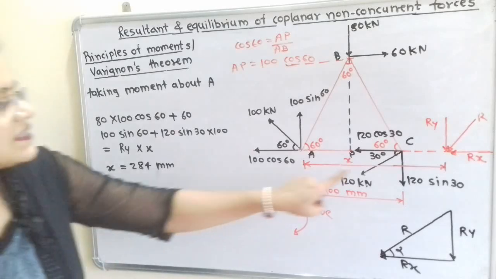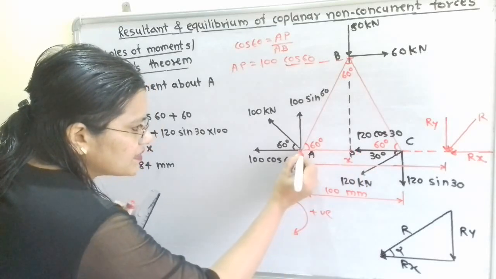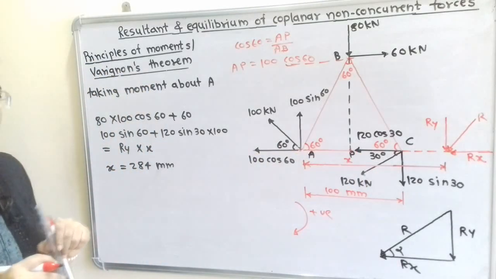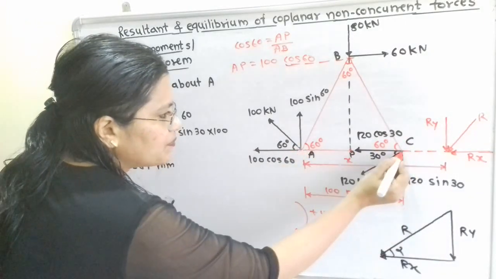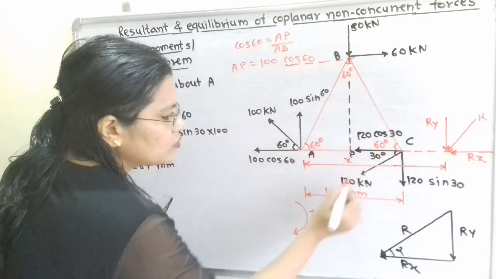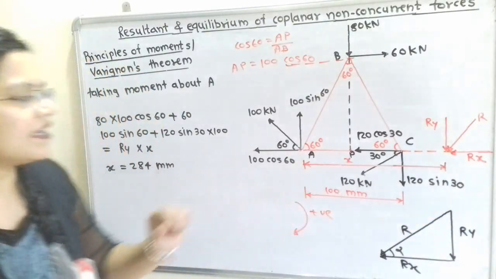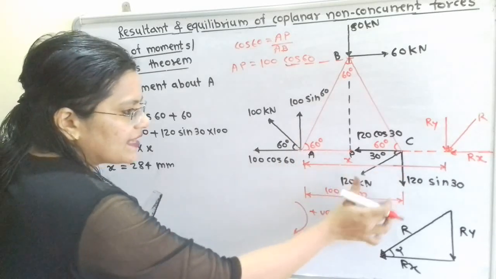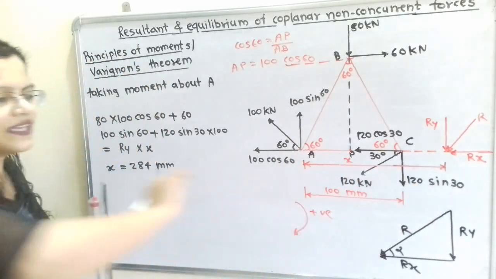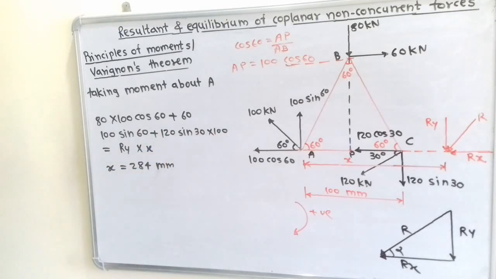Now we will move to the next, that is 120 kilonewton force. This horizontal component is passing through the point A. So perpendicular distance is 0. Now this vertical component, this is the line of action of force, and this is the perpendicular distance, that is distance A to C, and that is equal to 100 millimeter. So we can write here 120 sine 60 multiplied by 100. Now if I move the compass about point A in the direction of 120 sin 30, then it is clockwise direction. So plus 120 sin 30 multiplied by 100, which is equal to,